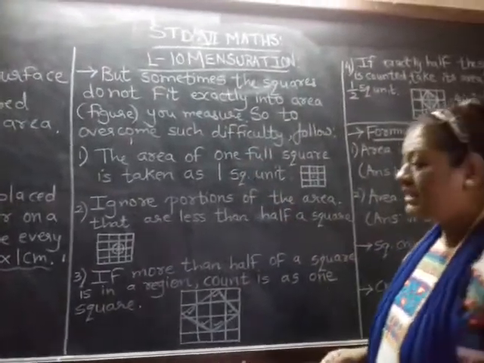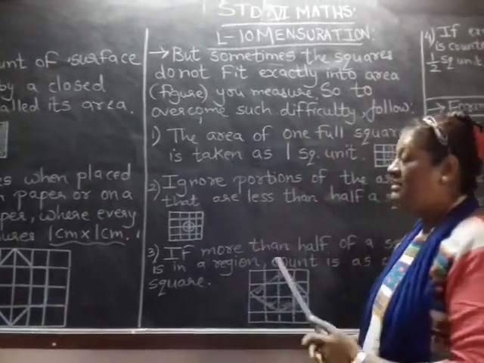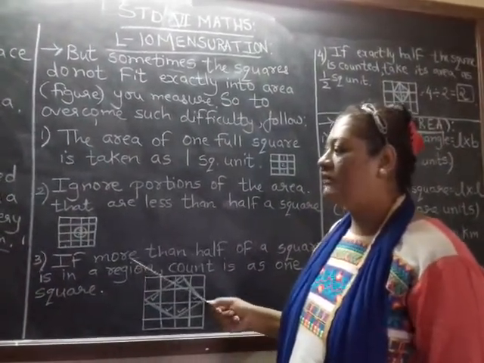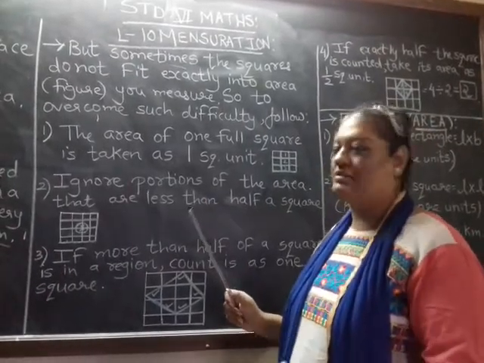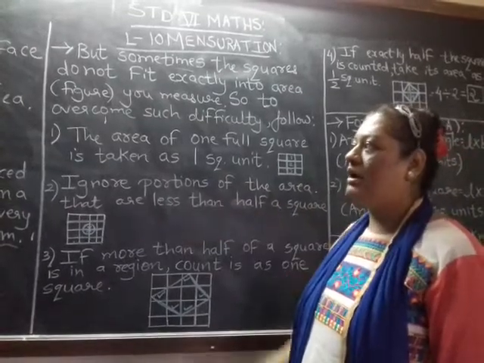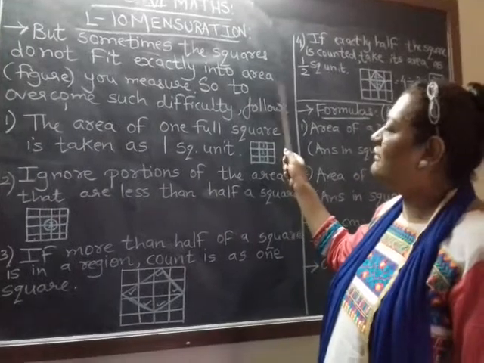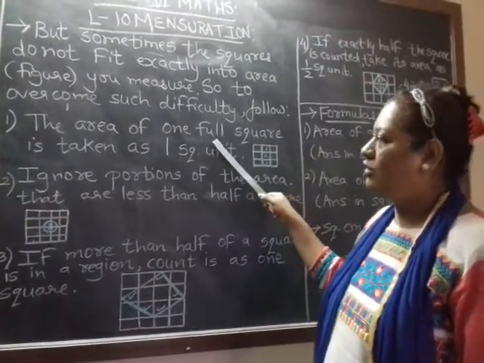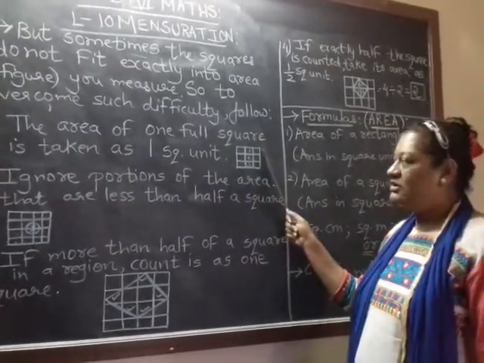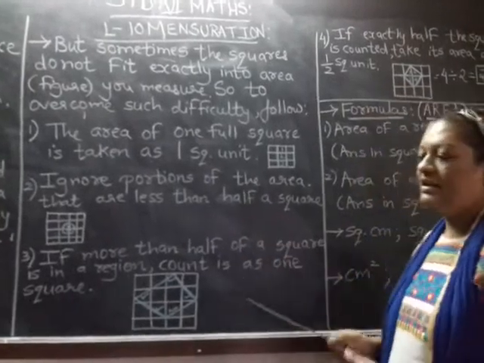Okay, now this figure is sometimes very easy to understand as well as draw. But sometimes it happens that when you want to calculate the area of a given figure which is a tedious one, how are you going to solve that sum or how are you going to count the area for that figure? So for that we have some rules to follow. First one, the area of one full square,